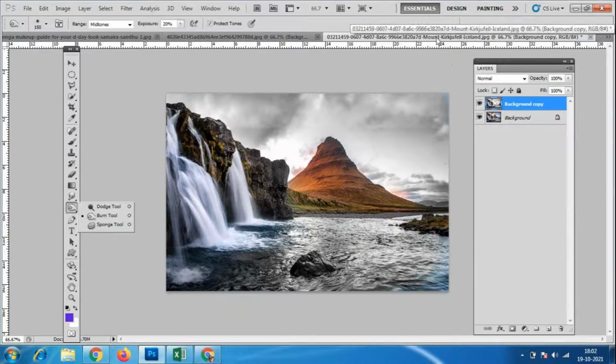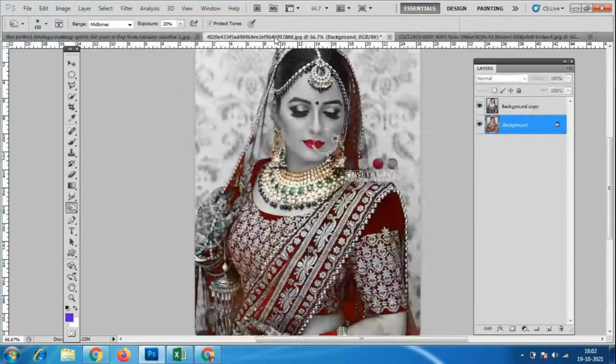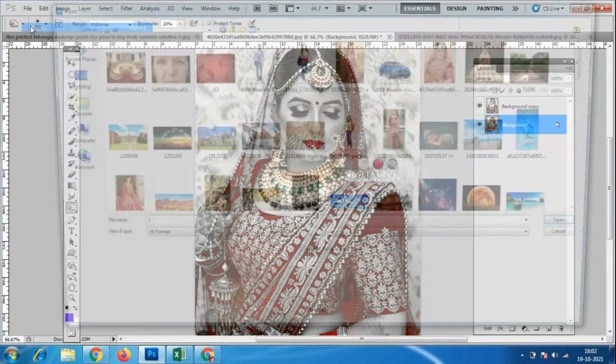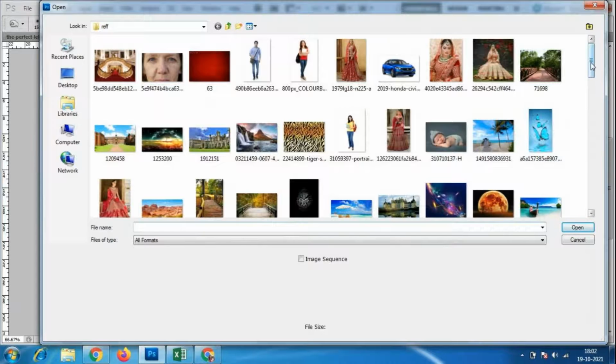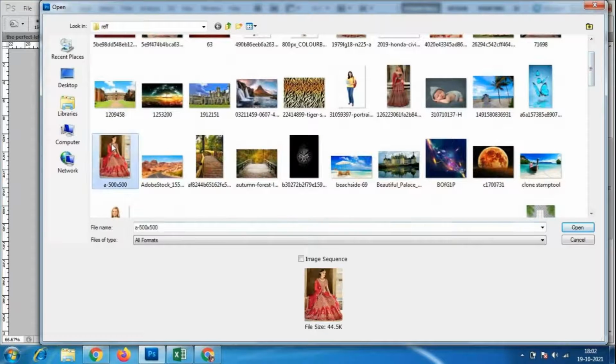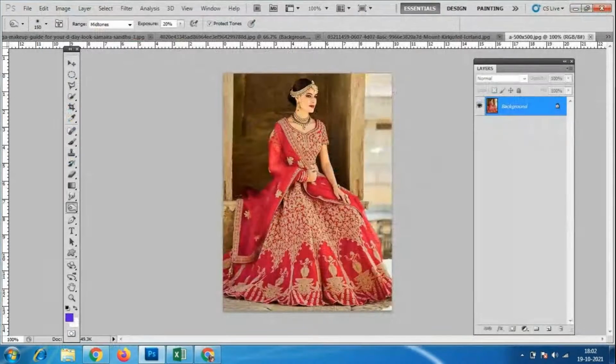From everybody, I want a bridal photo shoot like this. Please, everybody, take a beautiful bridal photo with the ornaments. It will look more beautiful, and you can experiment with so many things with the bridal images.